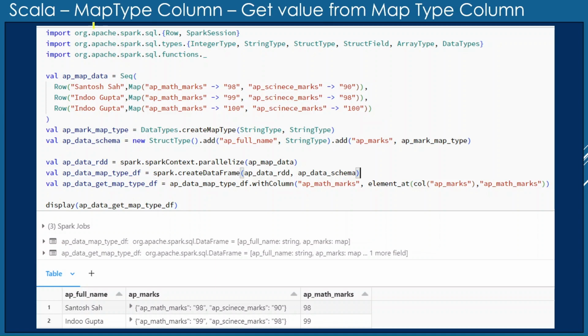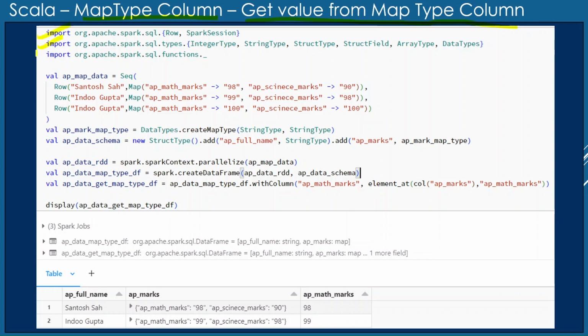So in this exercise, we have just created a map type column, but the question is how we are going to get a value from the map type. So this exercise is all about getting a value from the map type column. How are we doing this exercise?